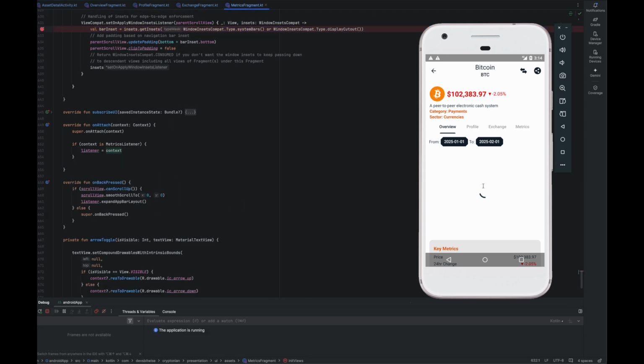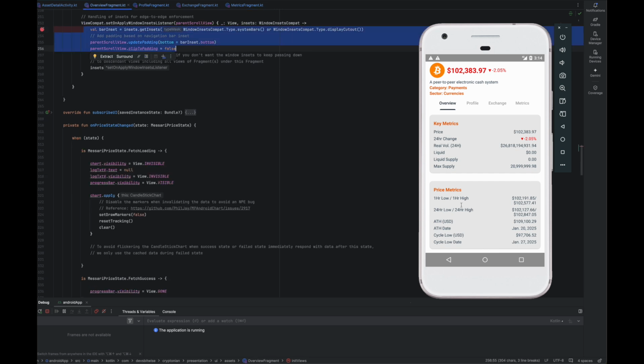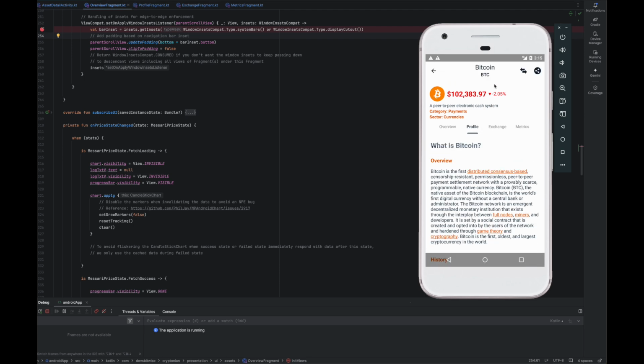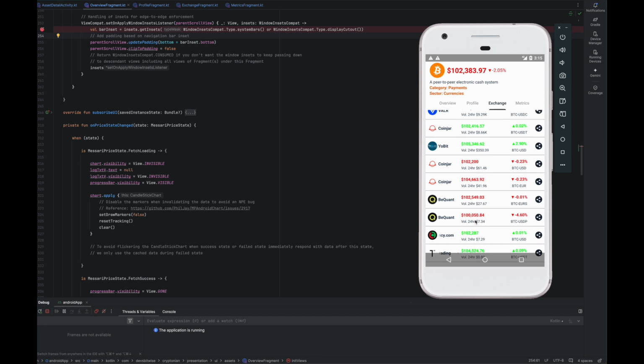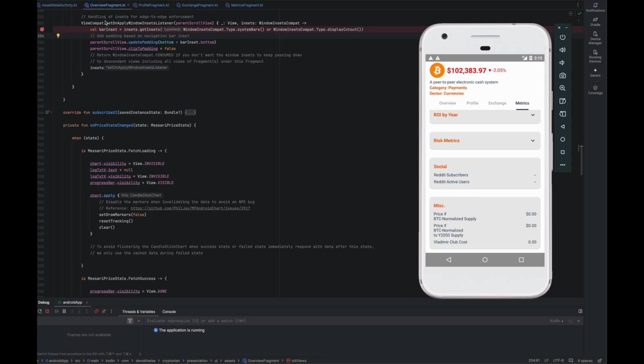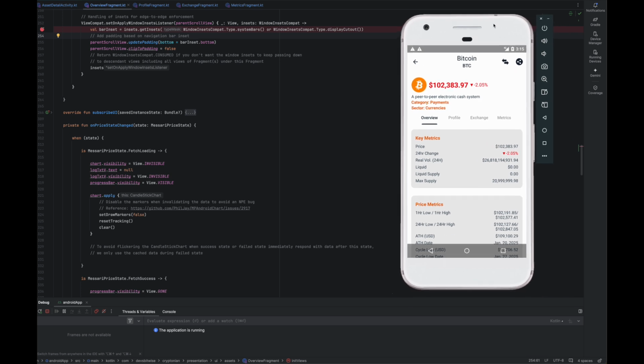Now, when we scroll to the overview fragment, it handles the system bar insets. Here, we are handling the navigation bar insets. Similar to the second fragment, we are handling it, and the third as well. It works, right? So now, the first problem of this API is configuration change. I'm going to show you that when I rotate this device, we are no longer going to retrieve the system bar insets for other fragments.